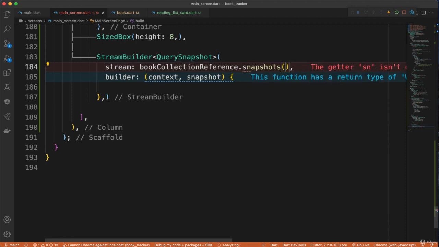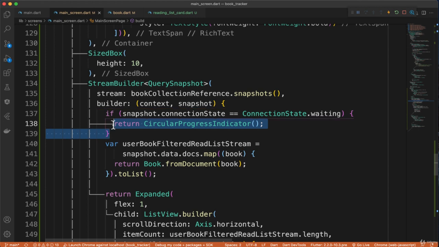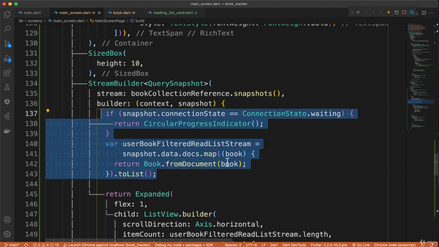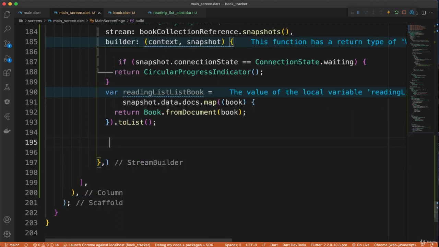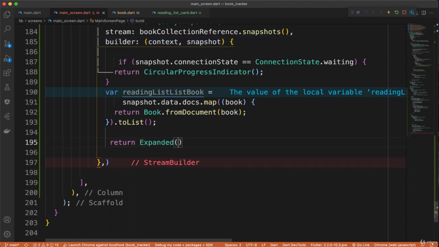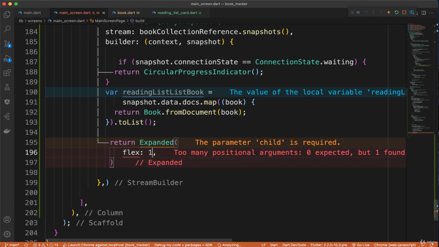That snapshot like this. I'm going to do the same thing we did before. In fact, I'm just going to go ahead and copy this piece of code as well as all of this. I'm going to change a few things there. And instead of that, we're going to name something different. Call this reading list book. So we're going to return expanded, flex 1,